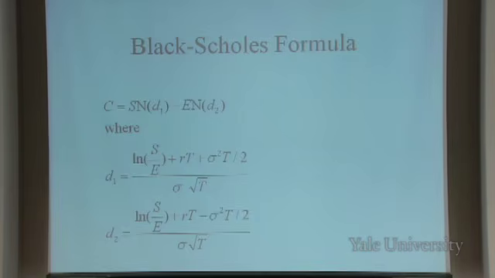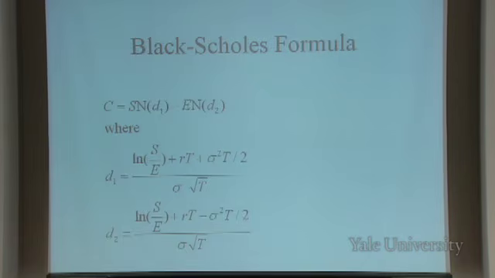Black-Scholes says you have to know how variable the stock price is to price an option. And intuitively, you can see it. Isn't it obvious that the more variable the stock price, the more valuable the option is, right? If the variance were 0, then the option would just be the intrinsic value, right? Because there's no chance for the stock to do anything unexpected. So if it's out of the money and variance is 0, the option is worthless. If it's in the money and the variance is 0, then it's worth something, but it's only worth the intrinsic value. If sigma squared is 0, the price can't move anywhere. So there's no problem.